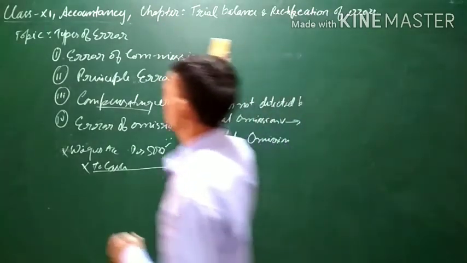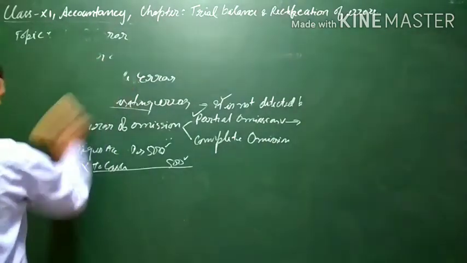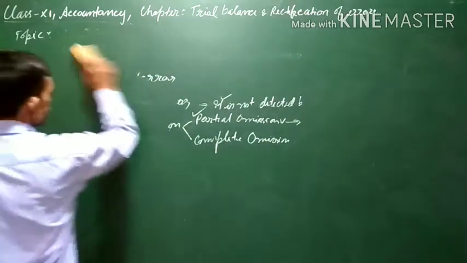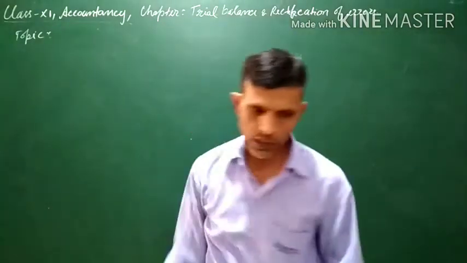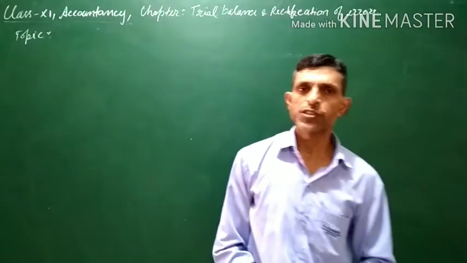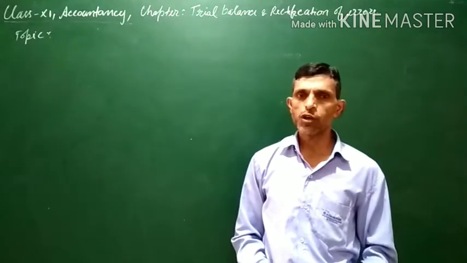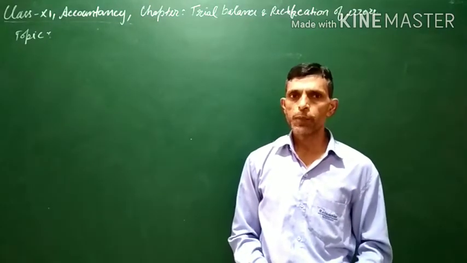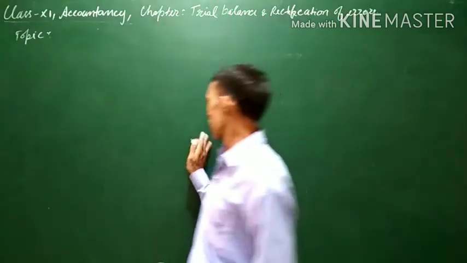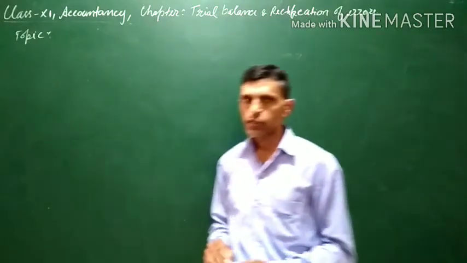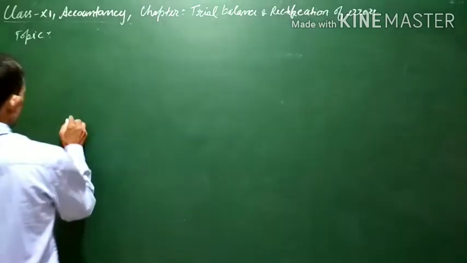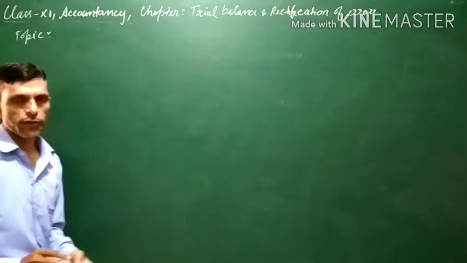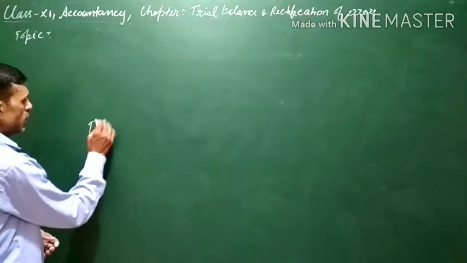Now, next is the searching of error. How can the errors in the books of account be found out or detected? The very basic thing for searching the error is that first of all you have to proceed backward. From the time you have detected the error, you have to move backward. For example, the final stage in order to find out the error is the preparation of the trial balance.